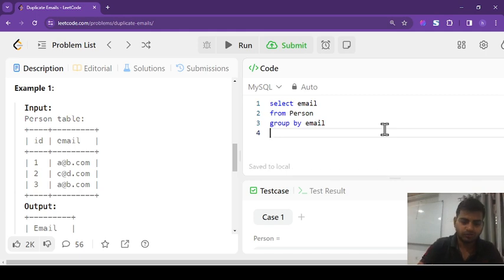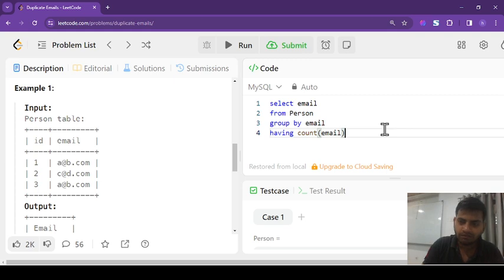So we will write having, and after the having clause we have to pass the condition. What is the condition? If an email is repeating more than once, we write the query with the having clause. For that we will use the aggregate function count. It will count how many times the same email is coming. So we will count email.